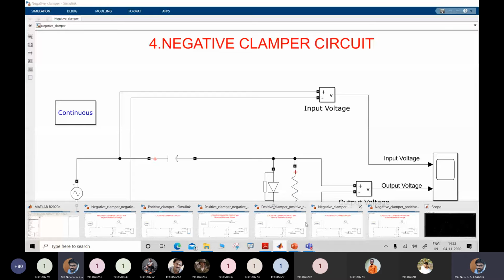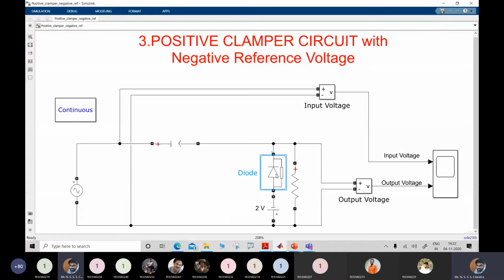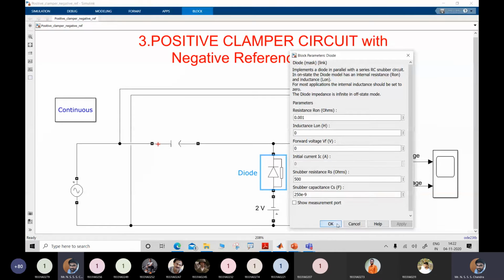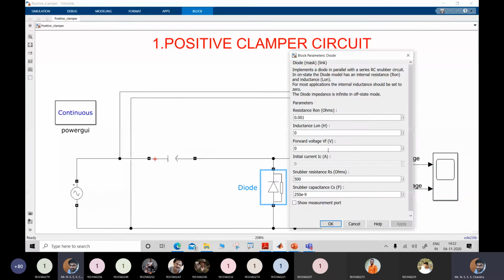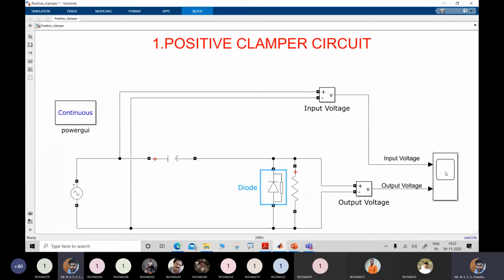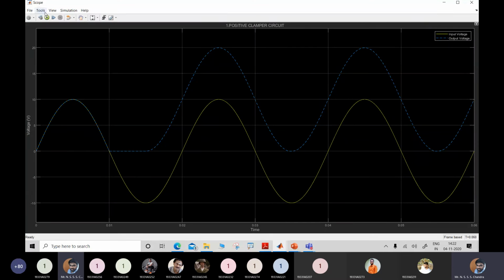Okay, so now what we'll be doing is, instead of an ideal diode, we'll consider a practical diode. So I'll be changing the forward voltage drop over here. Instead of 0, I'll be writing it as 0.7. Okay, now what will be your change in voltage, whether it will still be plus 10 volts or it will be reduced? Please respond. What will be the effective change in voltage now? Please respond.